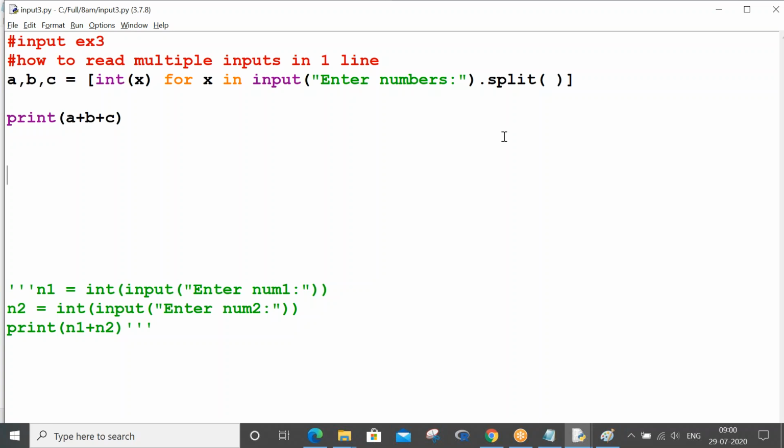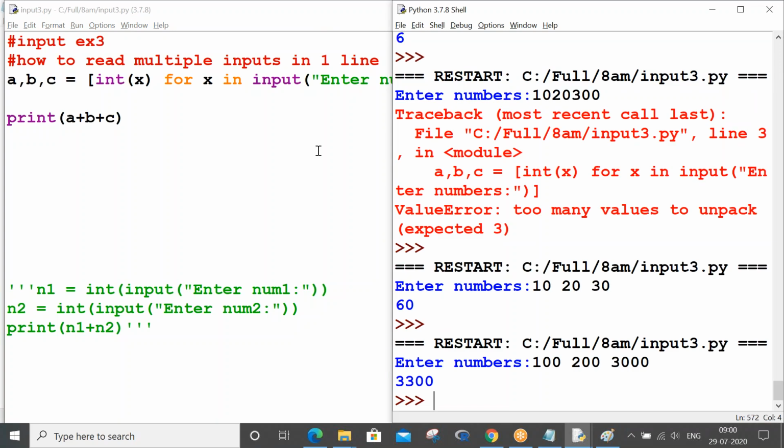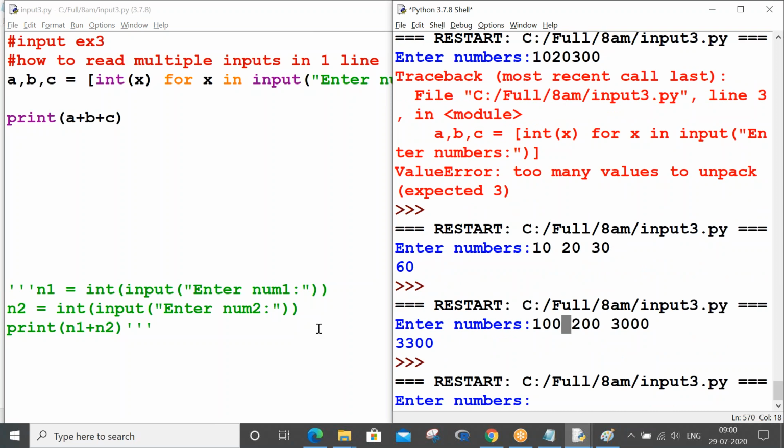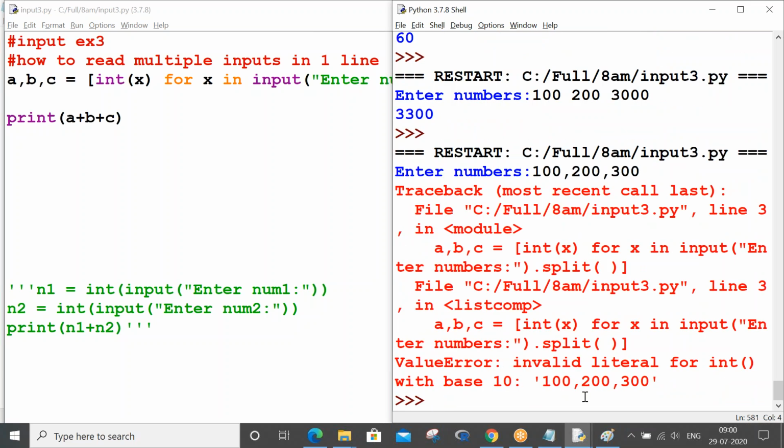One question here for all of you. This program will be written by a software engineer, but the usage will be done by the end user, the end customer. While the end customer is giving inputs, how will he know that he has to give only a space between the numbers? Control S, F5. He can be thinking of 100 comma 200. People will give a comma also, no? So what happens if you give a comma? It will not take it: invalid literal. So how will the end user know that the developer in the code has used a space?